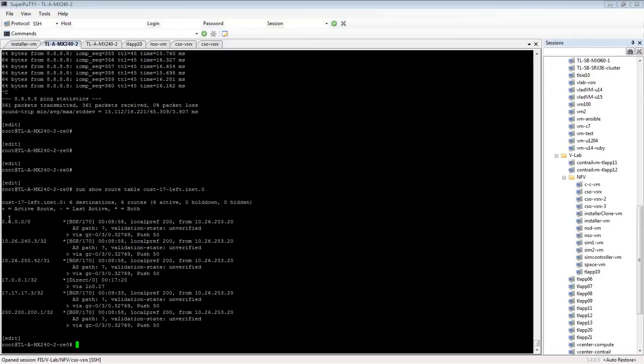What I can see is the default route. We see that it is available through GRE and other routes that are present in this customer 17 left routing instance. So if we ping